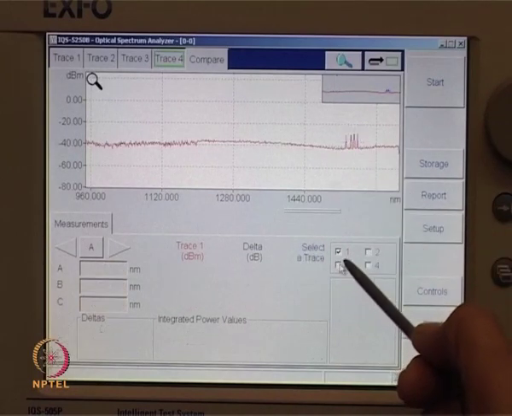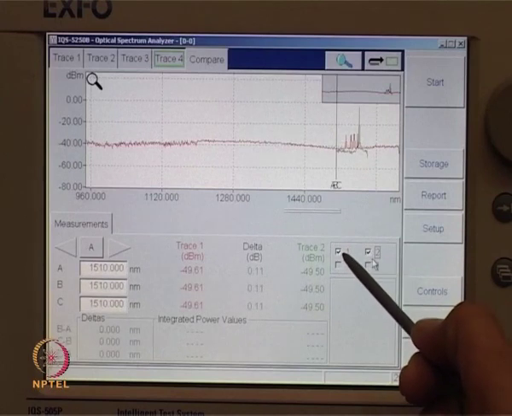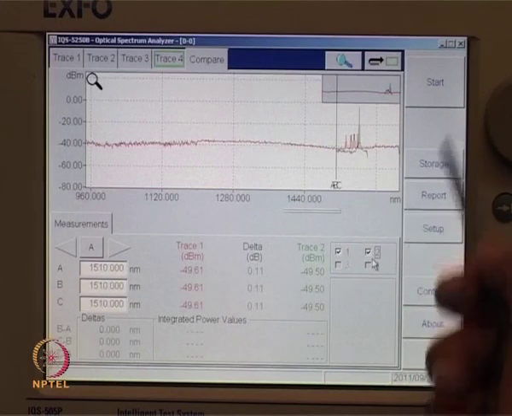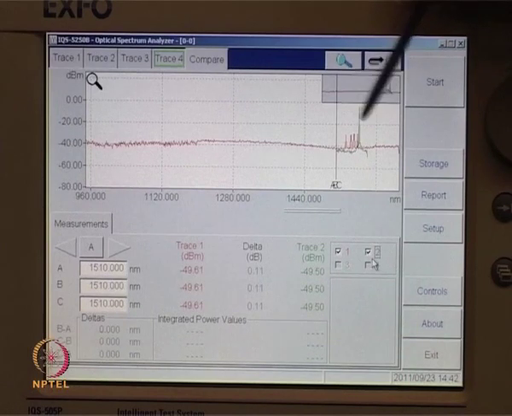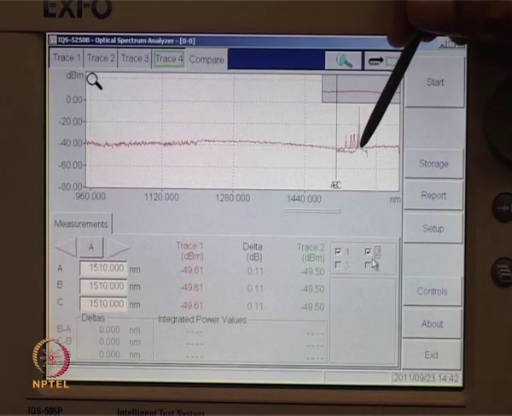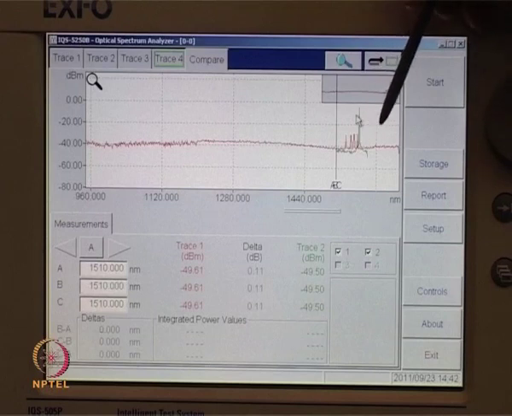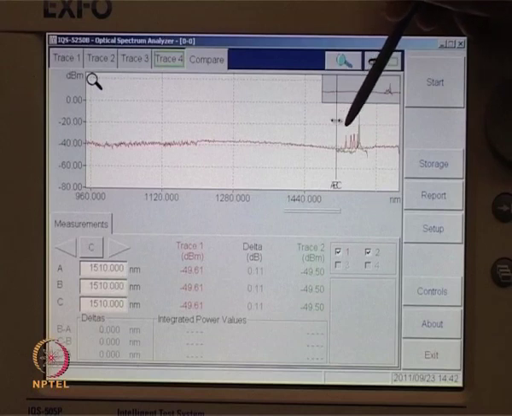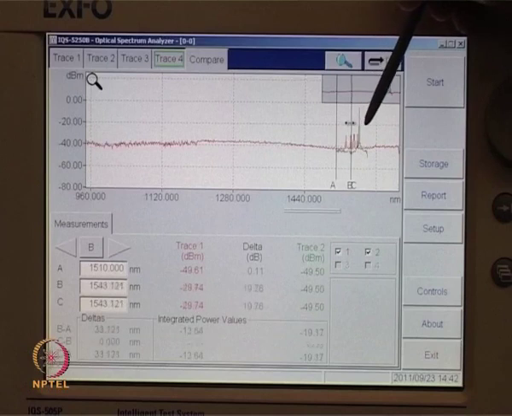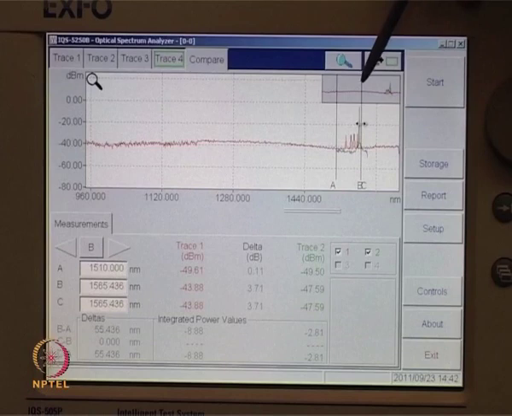Here the signal is from the optical transmitter. A 0 dBm transmitter is used for the experimental setup. As this is a direct output from a transmitter, the power level is high. Placing the marker on the peak of the output of an optical transmitter,